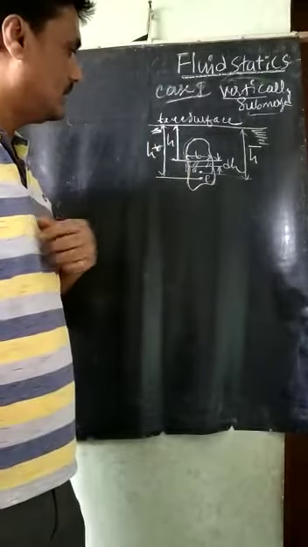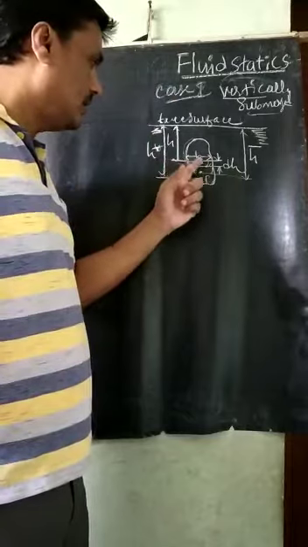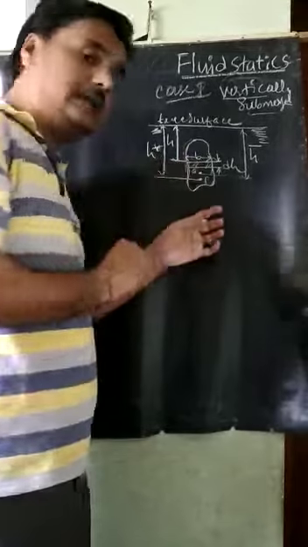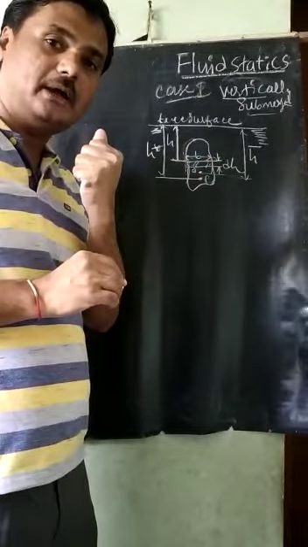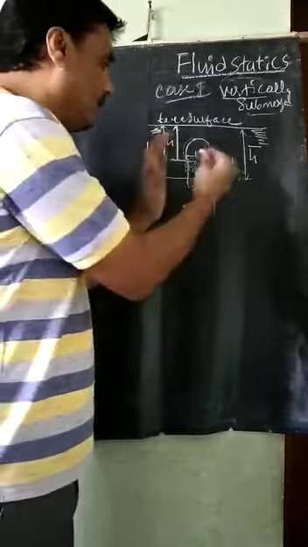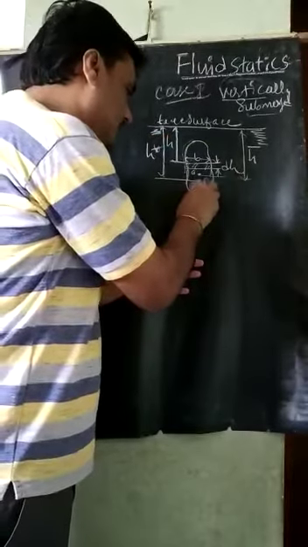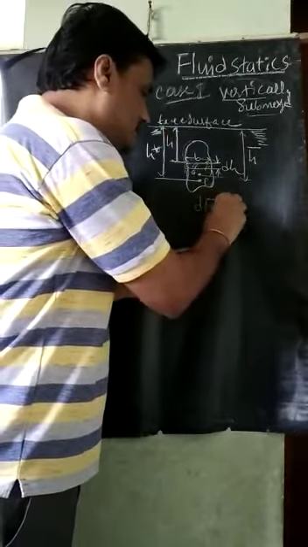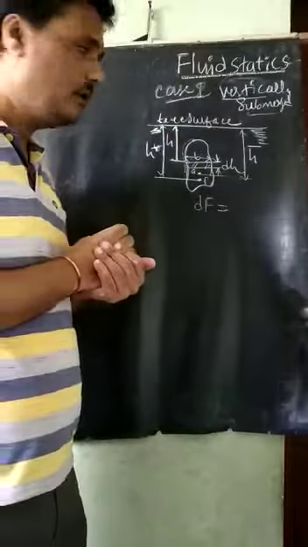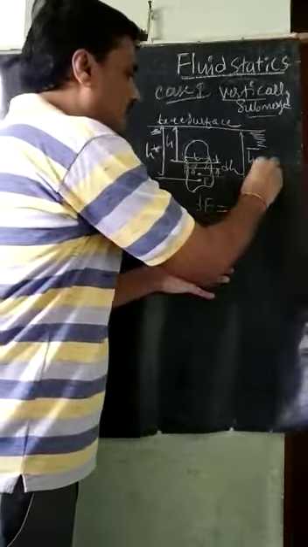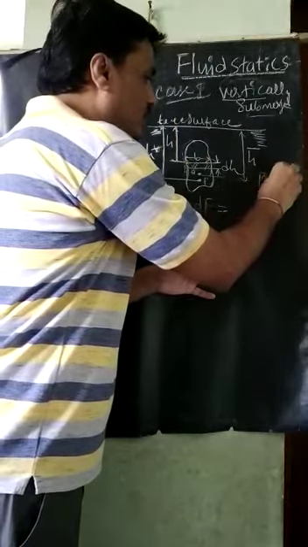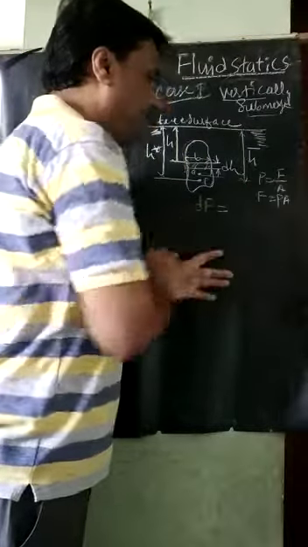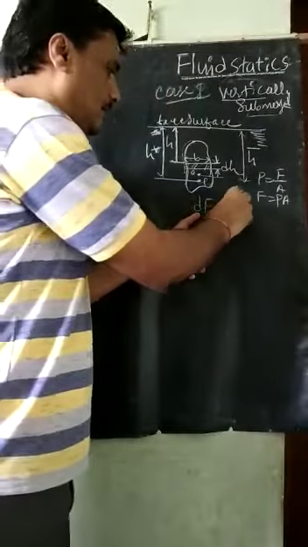Now what I will write: the total pressure force on this small elemental area by the static fluid. That pressure force I will take as dF. On this small elemental area, dF is equal to what? The formula: pressure is force upon area, so the pressure force F is equal to pressure into area. So force is equal to pressure